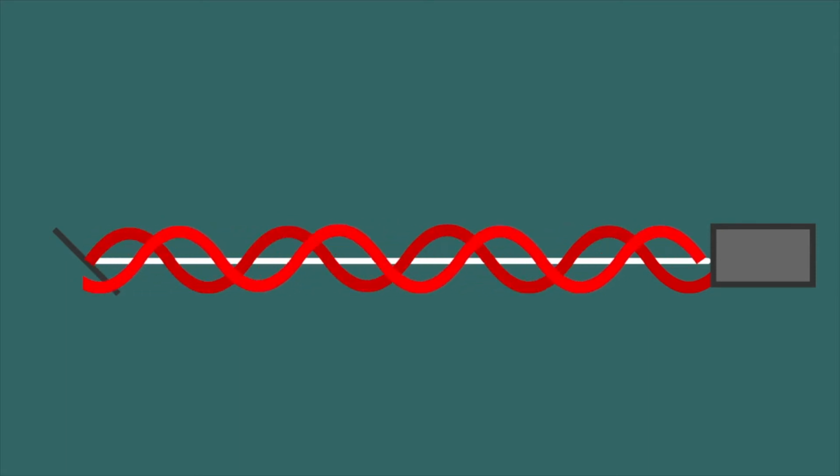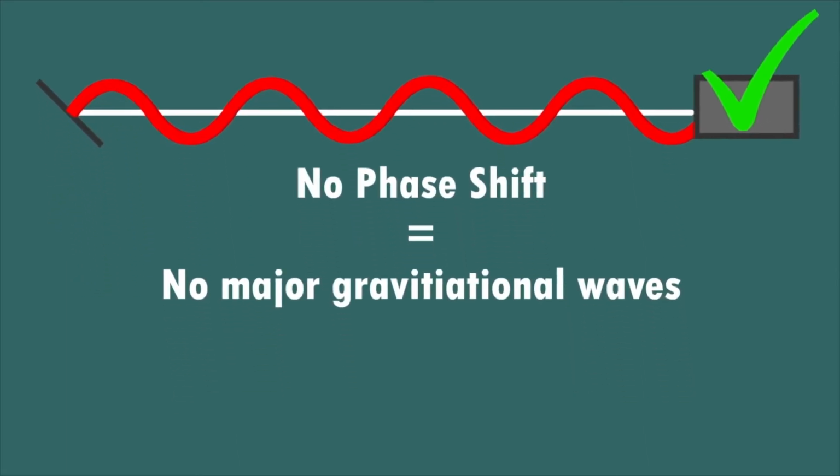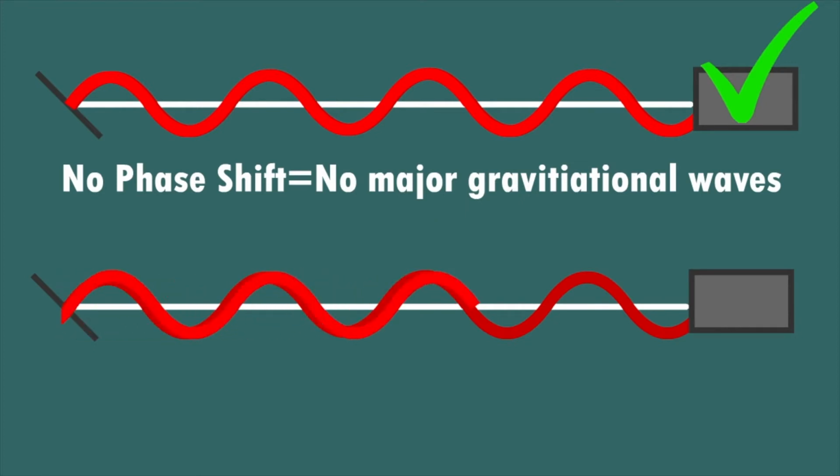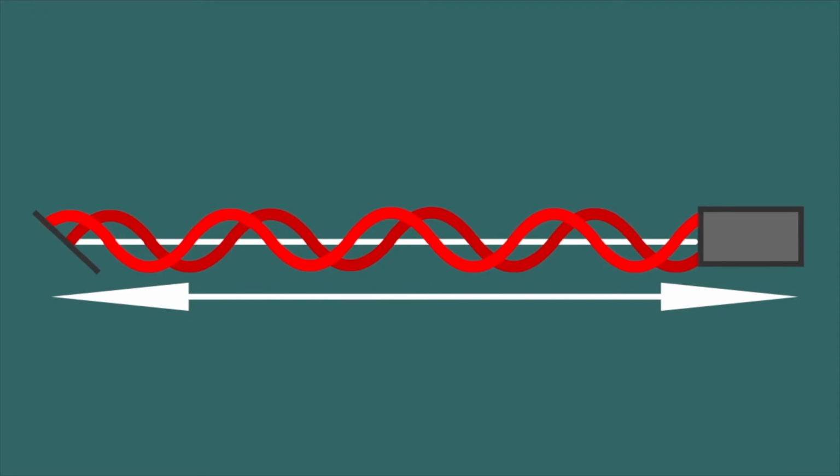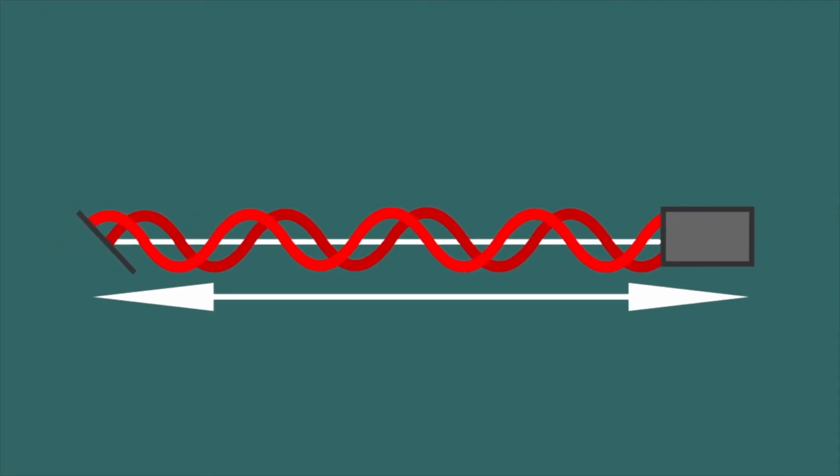Lasers are waves, and if the wave is in phase when it gets back, no major gravitational waves passed. But if the wave has experienced a phase shift, we know a gravitational wave distorted spacetime and caused the distance of the arm to either increase or decrease by minute amounts. These facilities are very exciting because they allow us to see gravitational events that occur in the cosmos that don't emit any visible light. This means that we can detect black holes that collide with each other and form into one. Major events that we would have never been able to see without LIGO.